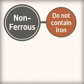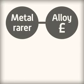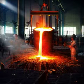Non-ferrous metals do not contain iron and instead include aluminium, copper, lead, zinc, tin, gold or silver. The rarer the metal that's used, the more expensive the alloy will be. For example, a gold mixture will cost more than a copper mix. But you also need to consider how easy it is to produce the metal, as this can add to the